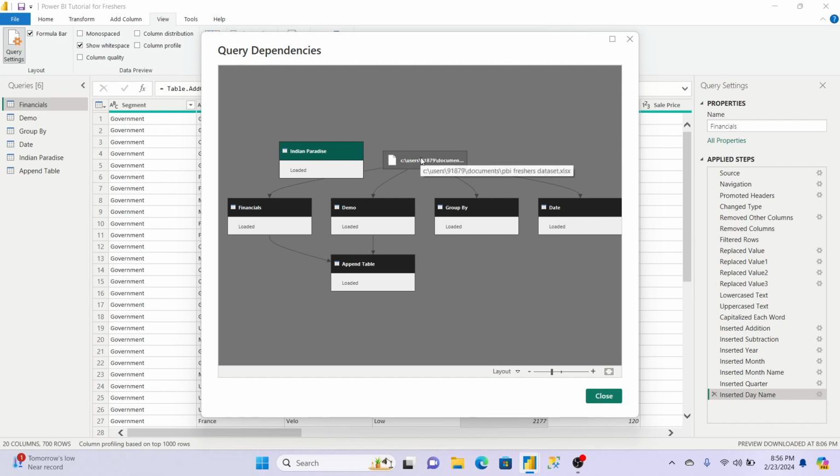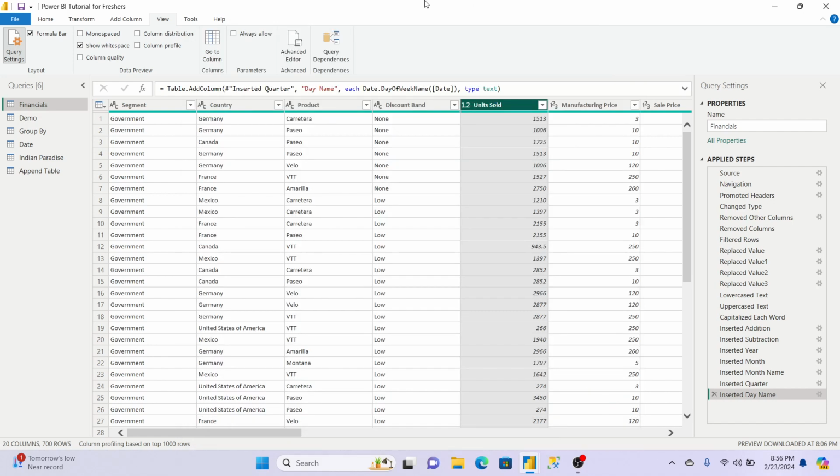So this is the way to see from where we brought the dataset, from which table, whether we did duplicate, reference, or completely manual creation, that it shows in query dependencies. This query dependencies is needed when complex modeling and all those things are there. In upcoming videos, I will tell you what is modeling, how to connect tables, how to make reports. But this option is also used. It is also a main option.